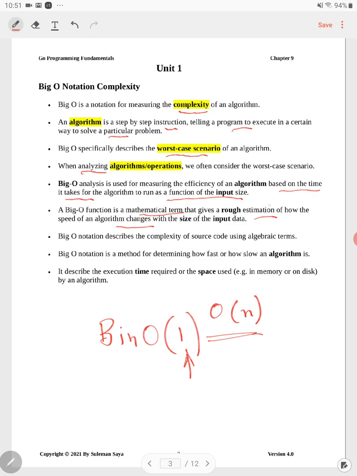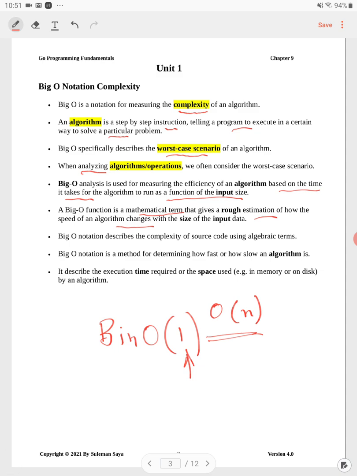But if the size of the input is bigger, then your algorithm could change drastically. Okay, so that's the key part when you are doing the big O analysis